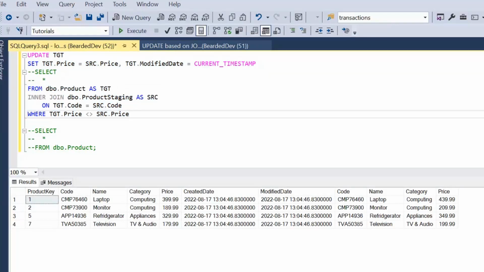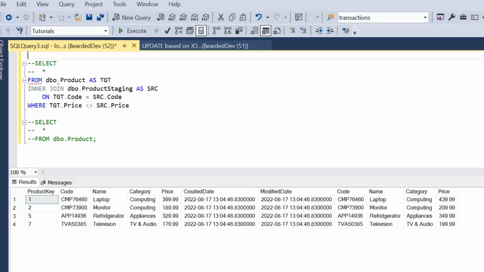Now one approach we could look at is using CTEs for this. It can be quite cumbersome. We need to comment things out and comment things in, so we could use CTEs for that approach. So let's have a look at how we would do that. Let's remove our update for now, and we're going to wrap our select within a CTE. So let's say WITH